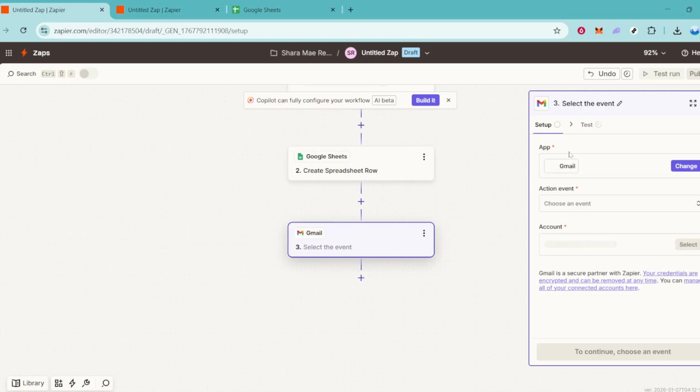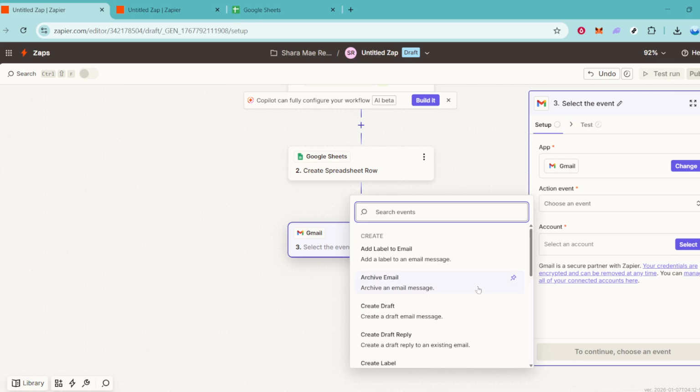Finally, click Publish. This makes your Zap live, so new leads automatically flow into Google Sheets and receive a confirmation